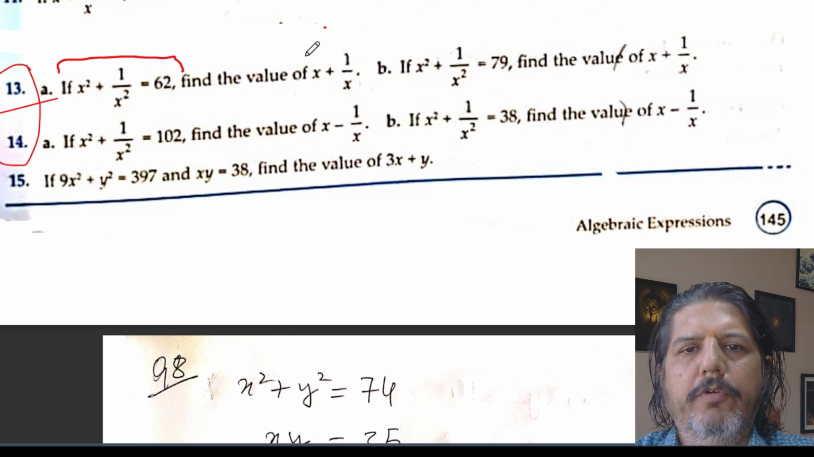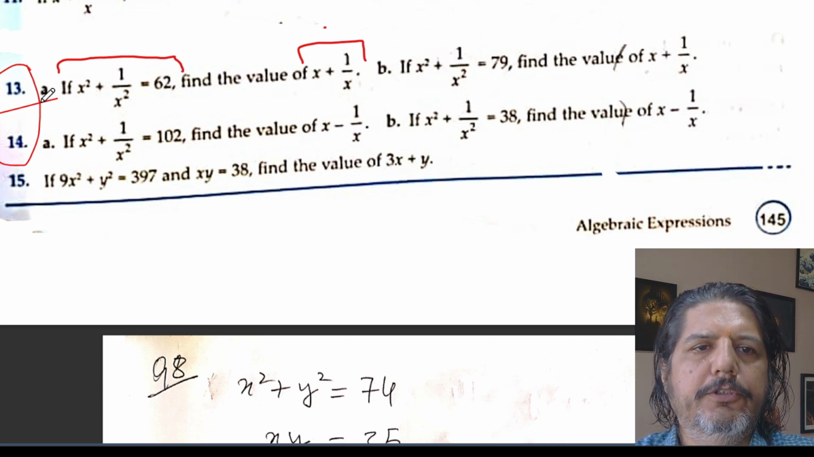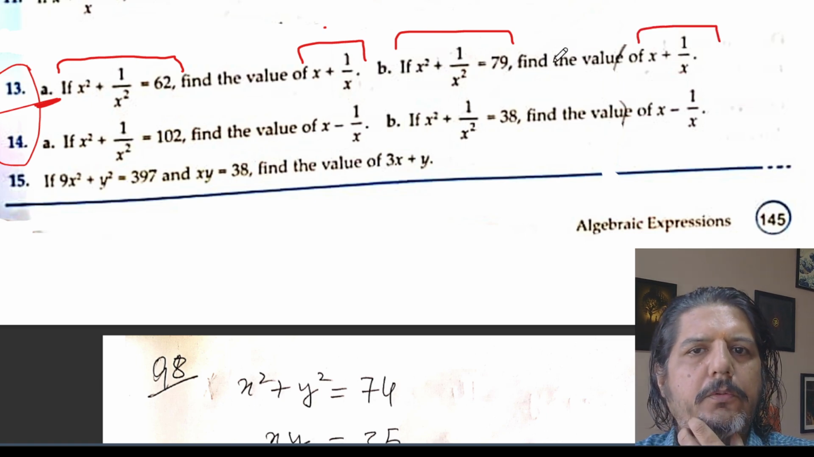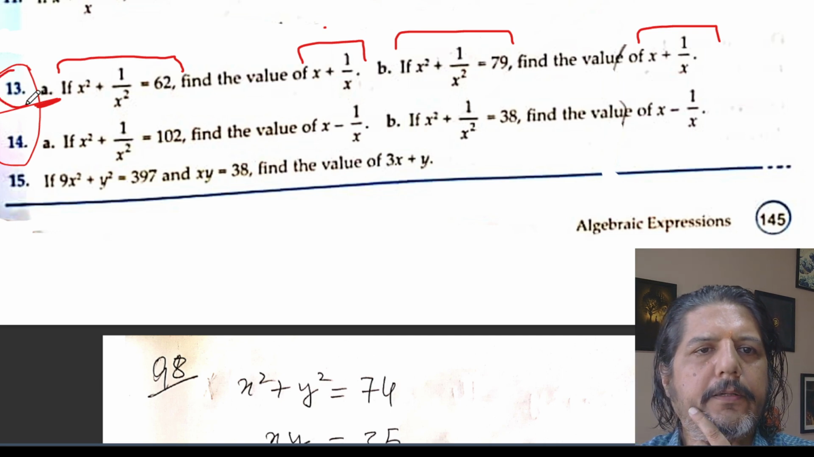is equal to 62, find the value of x plus 1 upon x. This is the first part. B part is if x square plus 1 upon x square is equal to 79, find the value of x plus 1 upon x. Now, if you look at question number 13 and you look at question number 14,